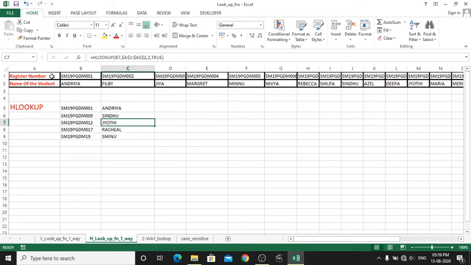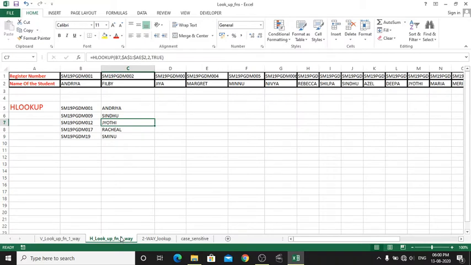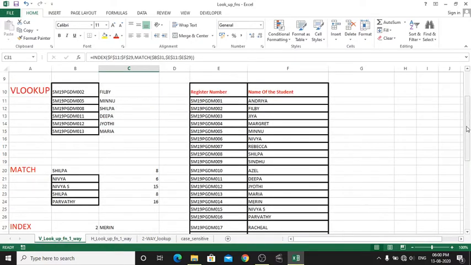So according to this structure of data, we can use either VLOOKUP or HLOOKUP. VLOOKUP is used when the table is column wise. That means vertical values. If the given data is in a column manner, we have to use VLOOKUP there. And if the data given is row wise, then here we cannot use VLOOKUP. Instead of VLOOKUP, we have to use HLOOKUP. So let's look at each function one by one.